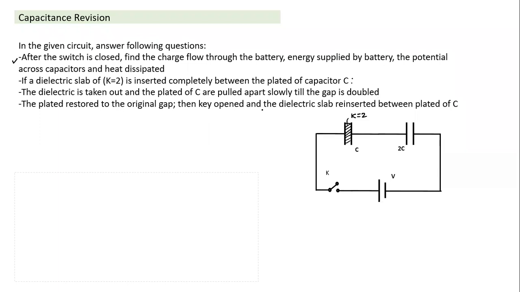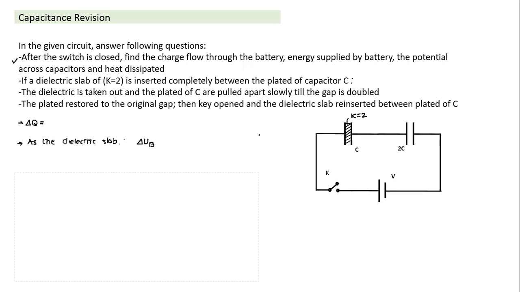as the dielectric slab is inserted, can we calculate the additional charge flow from the battery? Will the charge flow out of the battery or will charge flow into the battery? Can we calculate that part? First part, what is delta Q as the slab is inserted? Then we also calculate what is the extra work done by the battery? Can we calculate the extra work done by the battery also? That is also simple. How do we do that part?